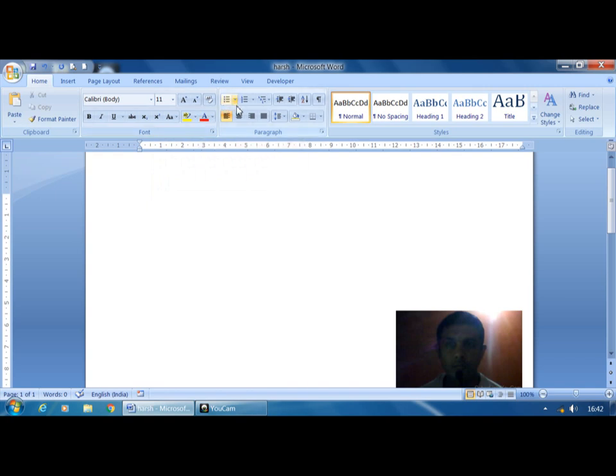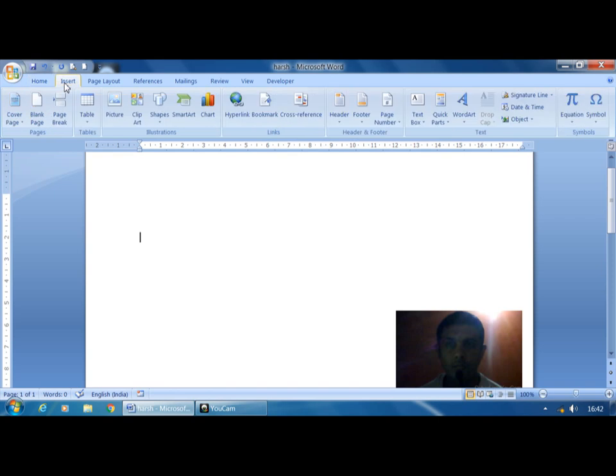Again the same continues. And when I click on the insert tab, again the groups change, and the commands also change. See pages, tables, illustrations, links, header, text and symbols.